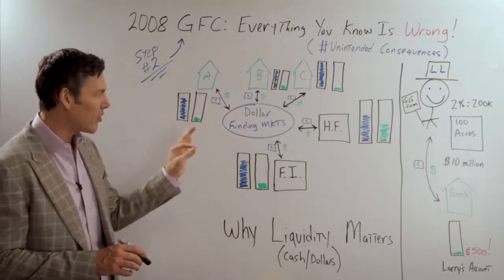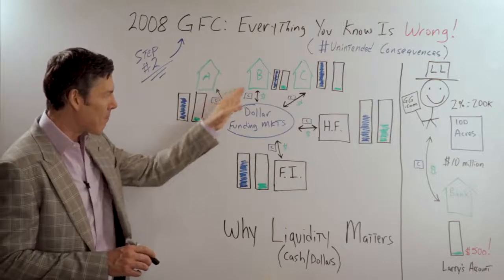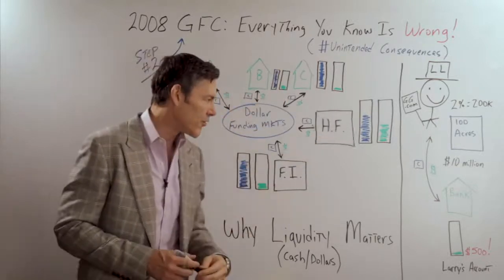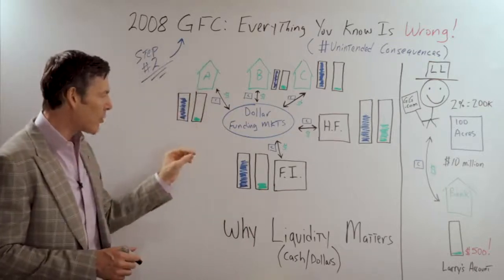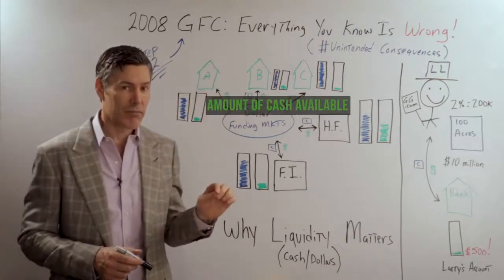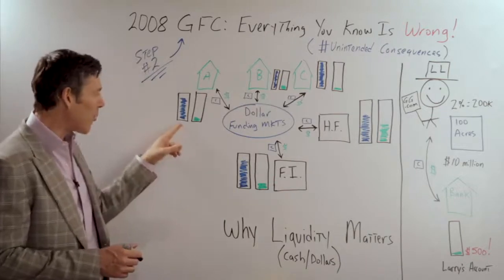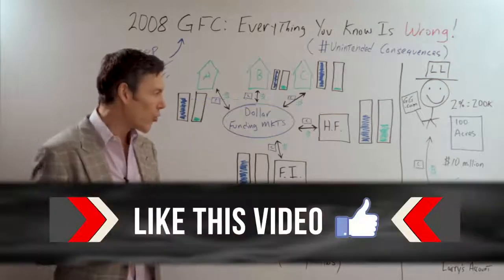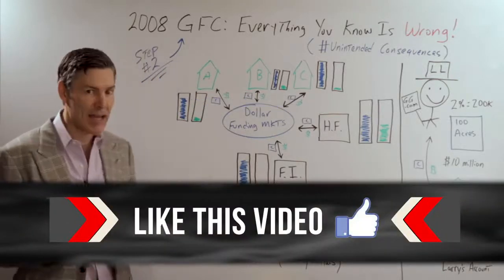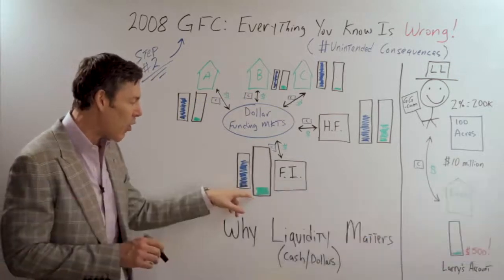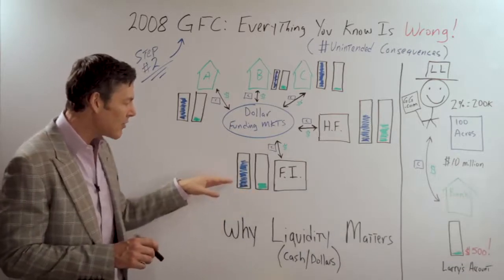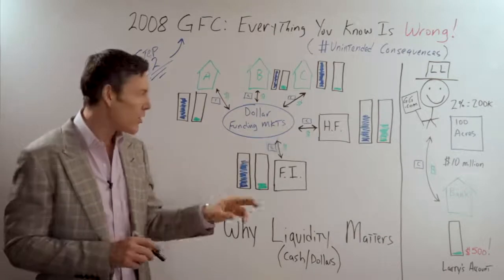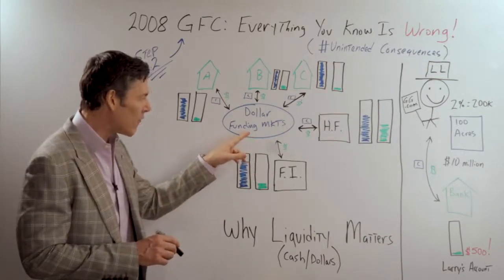Our usual players are all here. Bank A, Bank B, Bank C, financial institutions, and hedge funds. The green bar represents the amount of cash that they have available, and the blue bar represents the non-cash assets. So to run their business on a day-to-day basis, sometimes they run low on cash. So they have to take some of their assets and use them as collateral to go into the dollar funding